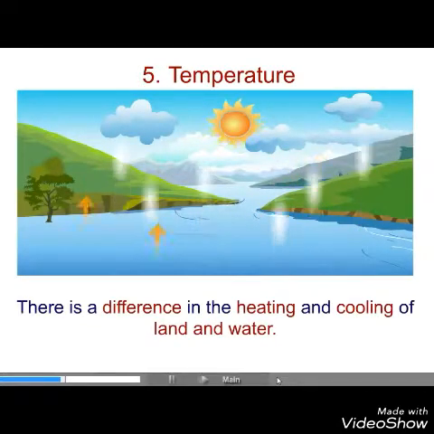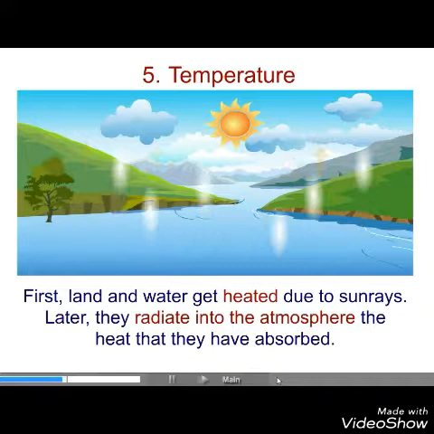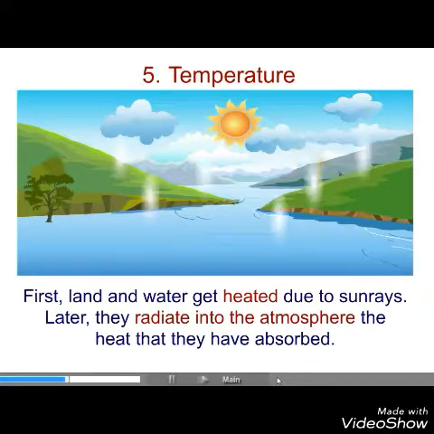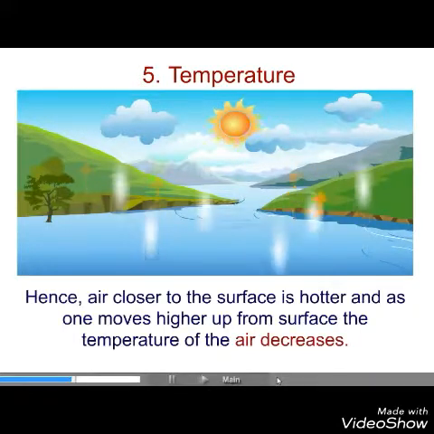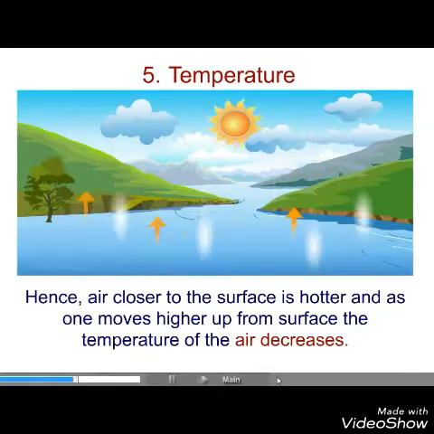There is a difference in the heating and cooling of land and water. First, land and water get heated due to sun rays. Later, they radiate into the atmosphere the heat that they have absorbed. As a result, the layer of air close to the surface gets heated. The heat then gets transferred vertically to the adjacent upper layers of the air. Hence, air closer to the surface is hotter, and as one moves higher up from the surface, the temperature of